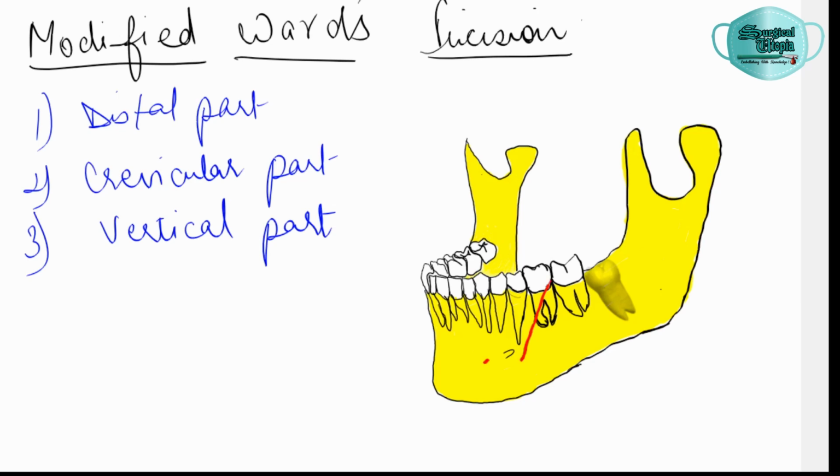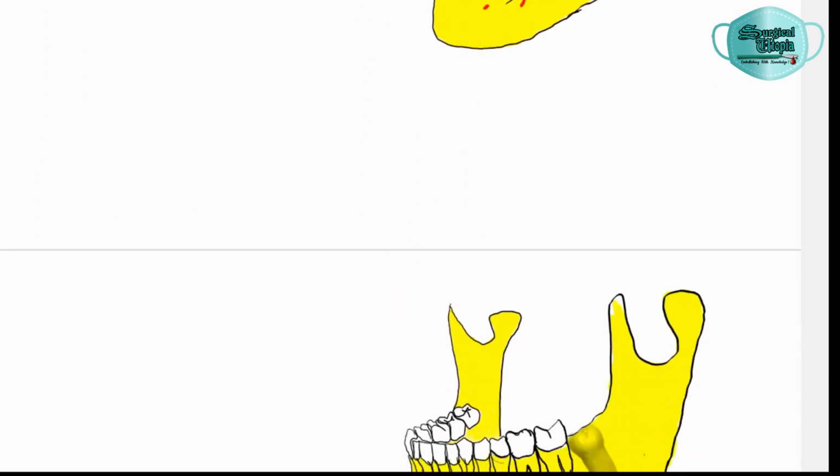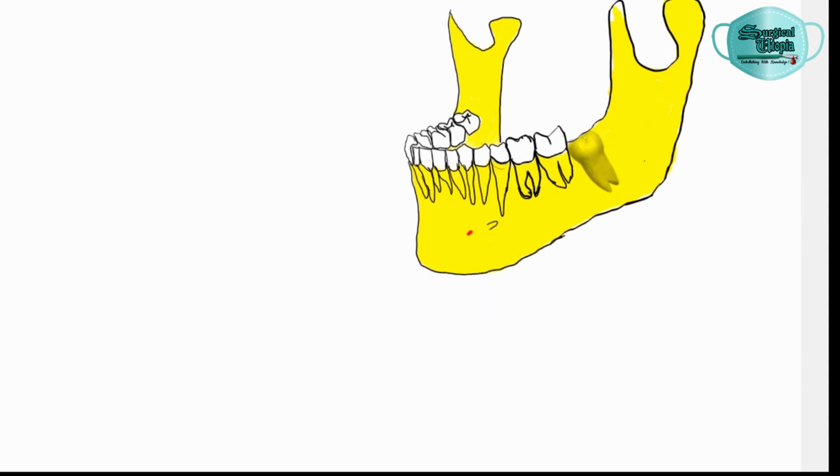Then a clavicular incision will be given involving the interdental papilla between the first and second molar, and along the free margin of the second molar it will be taken till the middle part of the distal end of the second molar, and from here the distal incision will be given in an upward fashion, turning buccally and posteriorly. So here you can see this is our distal part, this is our clavicular incision, and this over here is our vertical part. The next incision that we will discuss for today is the L-shaped incision.